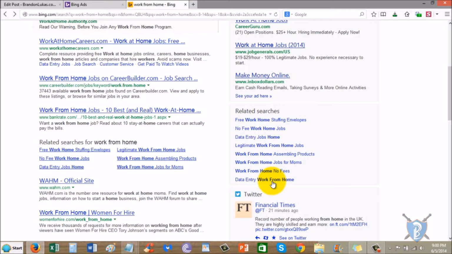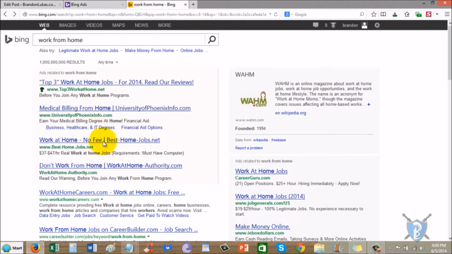And also use them to see what ads keep popping up a lot, because if the same one ad or two or three ads keep popping up for every one of these different keyword terms, that's telling you that these people either A, are getting profit or results from that ad copy and those keywords, or B, they just started their campaign and they're testing the waters. So anyways,